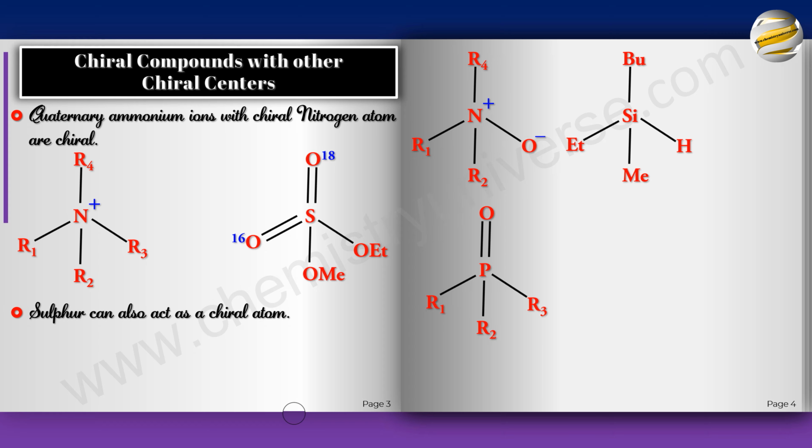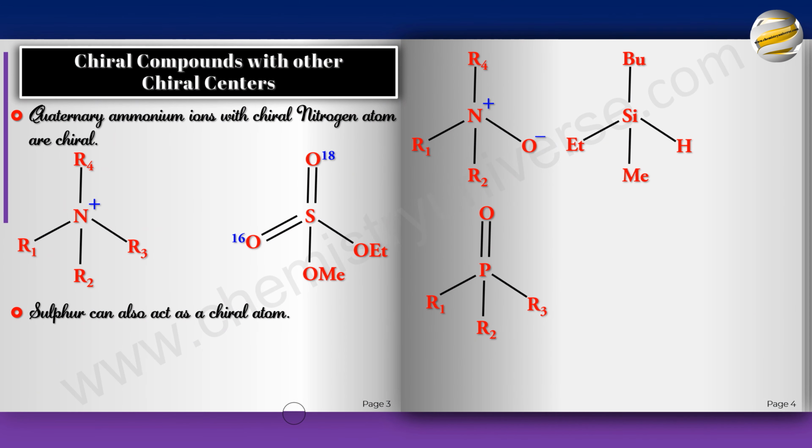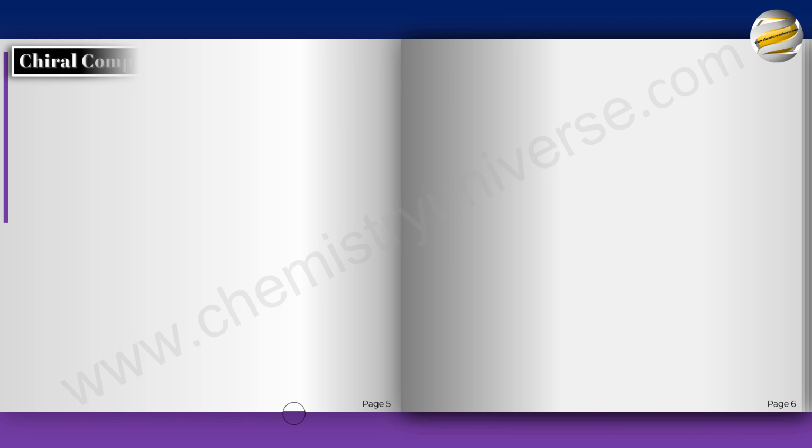And of course, it is not necessary that you only have tetrahedral systems. You just need systems which are dissymmetric. It doesn't matter what the shape is. As long as they are dissymmetric, they don't have any alternate axis of symmetry, then the molecule will be chiral. Now let's look at the reverse of this. These are chiral compounds that I'm going to show you now, which do not have chiral centers.